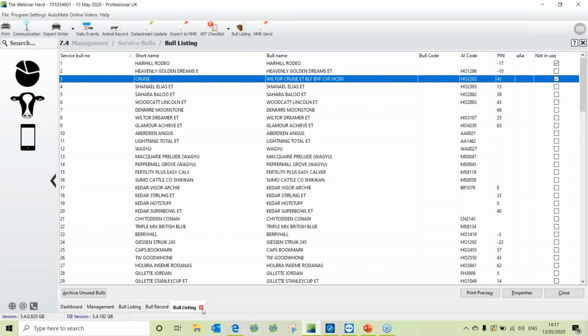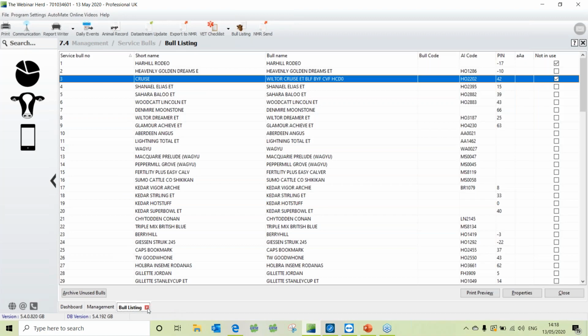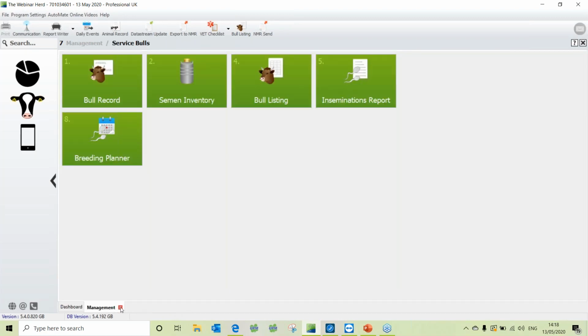So we've run through the export file, created export files, monthly disk update, reading in Datastreams, and your NMR CIS bull search,